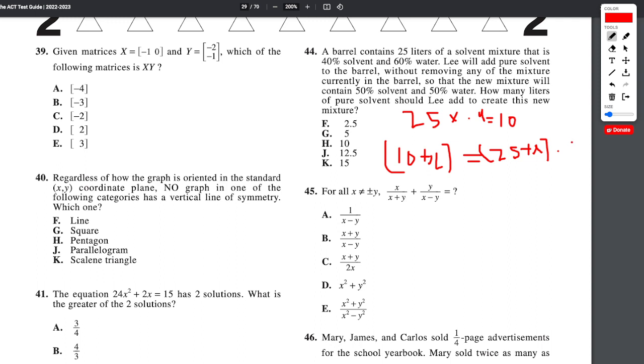Right? Because he has, how many liters of solvent? He has 10 liters of solvent, and then he's going to add x liters, right? And that's going to be the total number of liters, 25 plus how much additional he's going to add, 50%